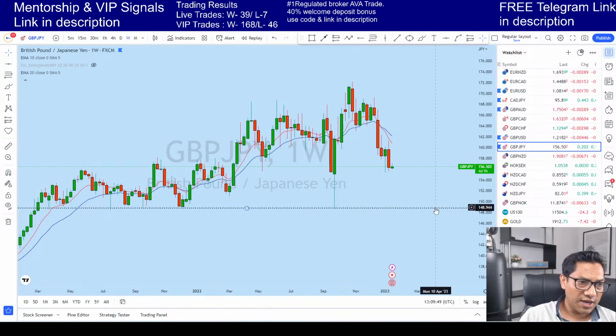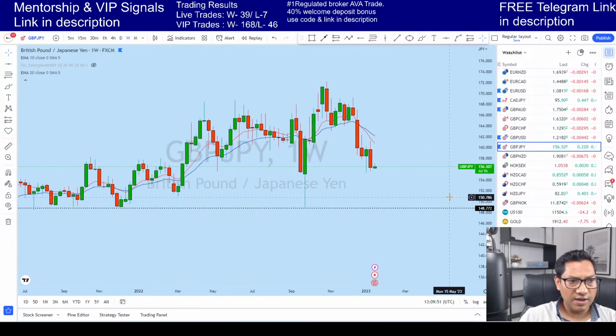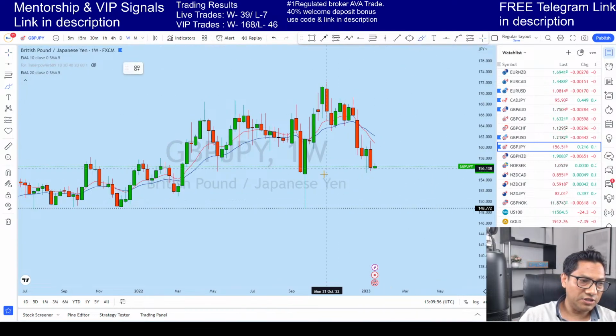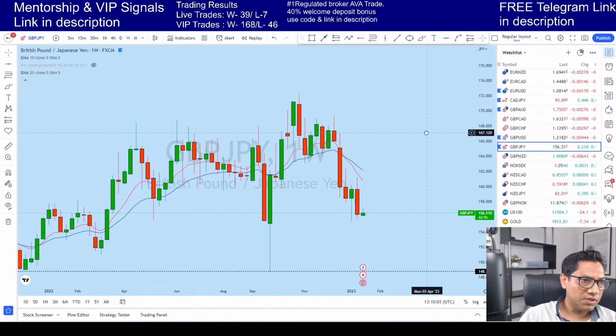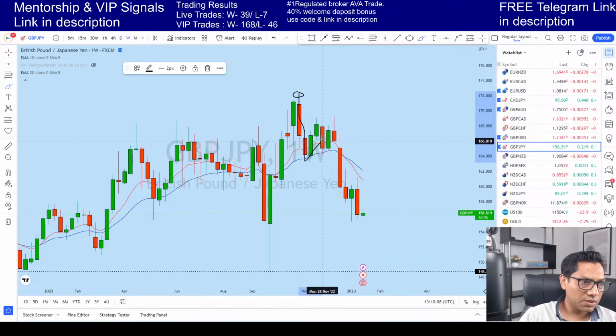Now the previous weekly candle is at the start of an impulse, and I think it is highly likely GJ will come back to this support. Why? Because if you closely look at the impulses, let me look at this one here. You see impulse, correction, impulse, correction, it is in another impulsive phase. You see how to look at the impulse and correction. Let me draw it and then I'll show you exactly.